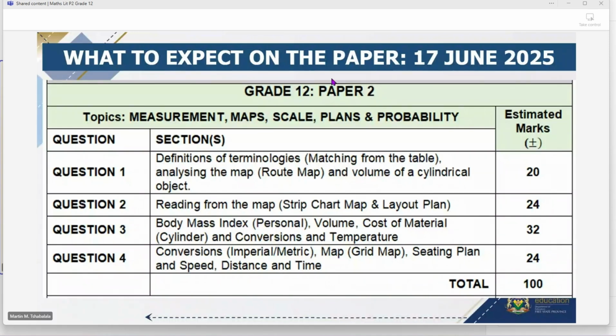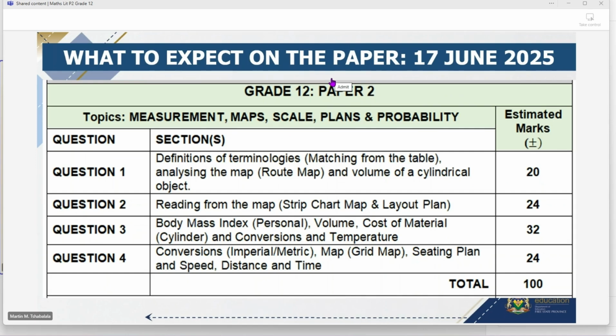It might be given the height, the radius, or the diameter. Then it says calculate the volume of that particular cylinder. At times we forget that when we are calculating the volume of a cylinder, V equals pi r squared h. We need r, we don't need diameter. But an examiner can say the diameter is 12 millimeters or 12 centimeters. You can't go and substitute 12. What must you do? Divide that by 2, because you need the radius, and the radius is half of the diameter. Then you have to substitute 6 into your formula.